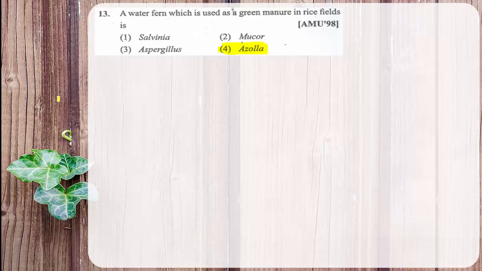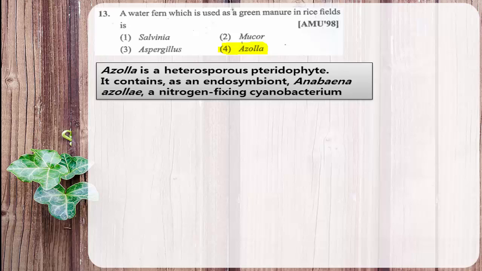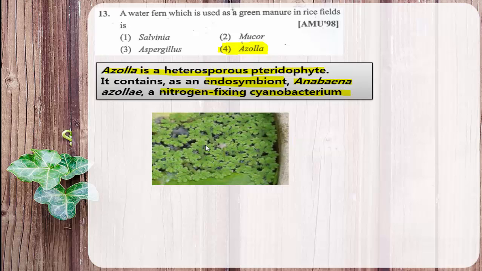It contains the symbiotic association with Anabaena, and Anabaena is cyanobacteria. And because of the presence of Anabaena, the nitrogen fixation is carried out. Azolla is a heterosporous pteridophyte. It contains endosymbiont. Endosymbiont means Anabaena is present inside the body of Azolla, and due to the presence of Anabaena, definitely there is a fixation of the nitrogen. That is why Azolla is used as a green manure in the rice fields, and this is the image